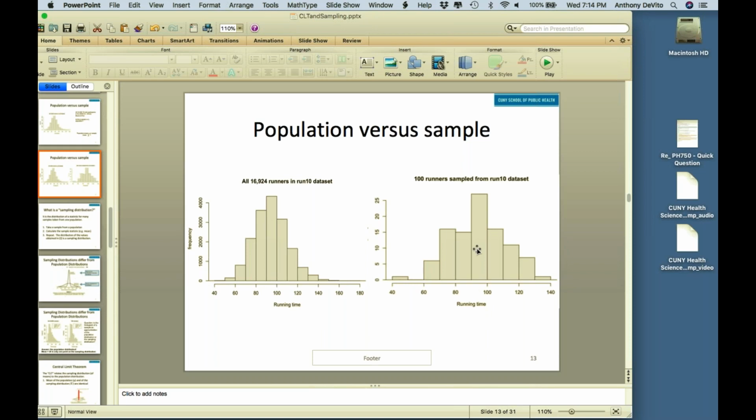We also notice that the distribution is similar, right? 40 to 140, 40 to 140. So the mean and the variability seem to be similar for the sample and for the population. Keep in mind now, this is not repeated samples. This is just a single sample from this population. So the mean and the standard deviation of that one sample approximate the mean and the standard deviation for the population. That's why, if it didn't work that way, we wouldn't bother to sample things, because then they wouldn't help us predict anything about the population.